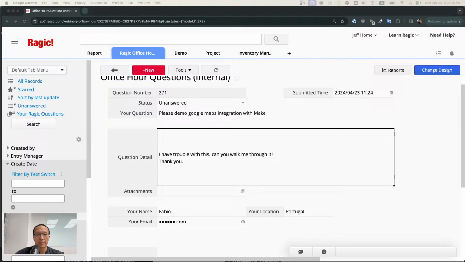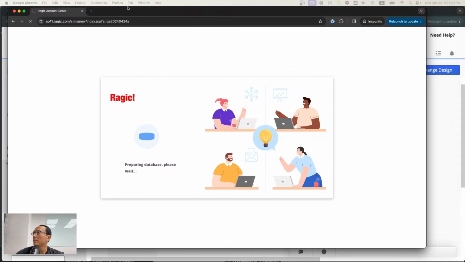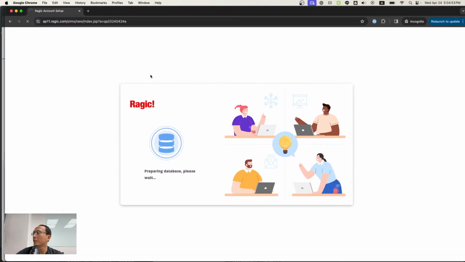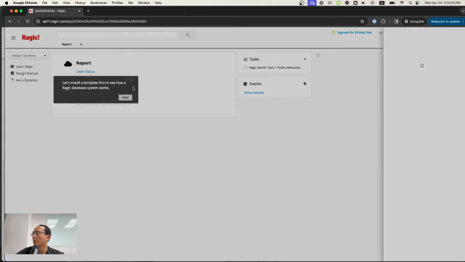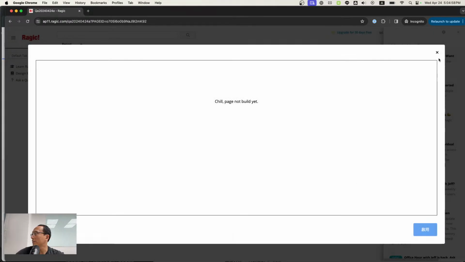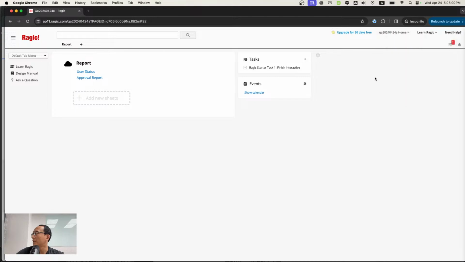All right, here's the account that I'm registering. Let's skip the tutorial and skip the other demo things. So this is an empty Ragic account, and let's see if we can create a sheet